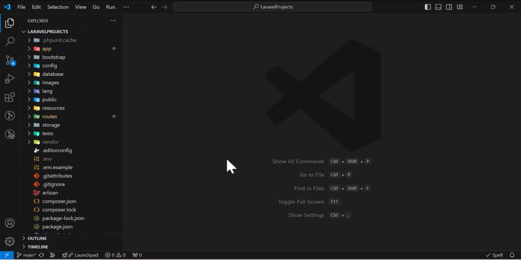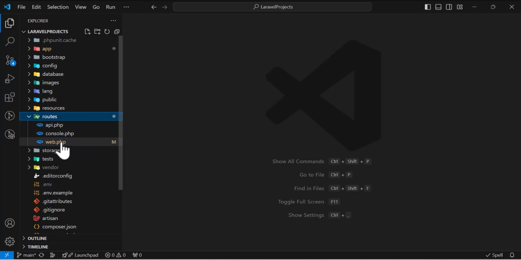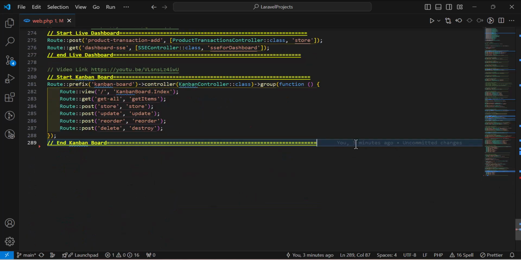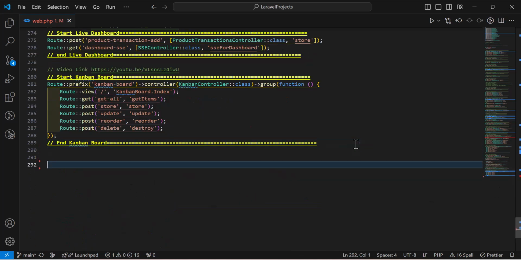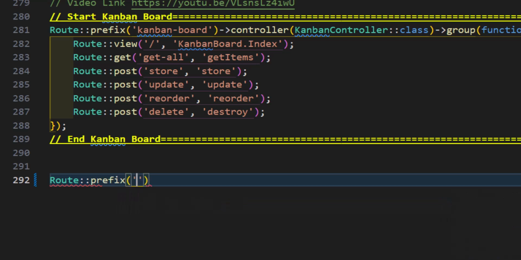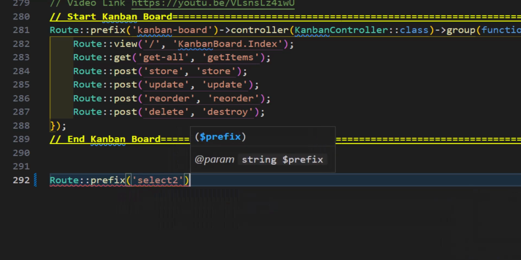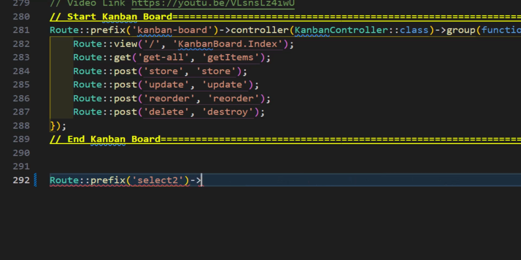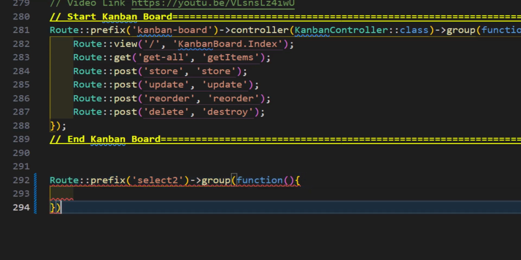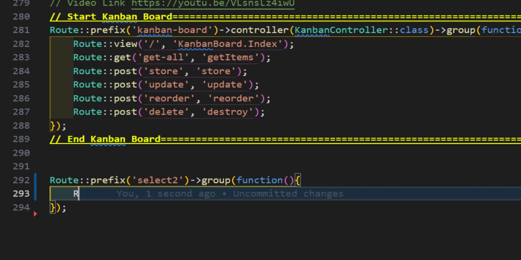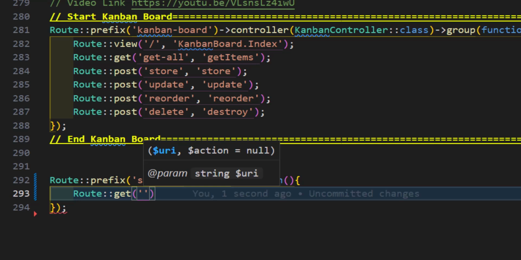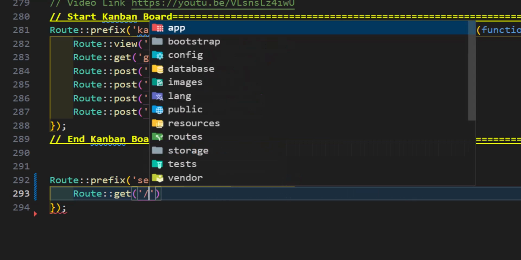So let's go to our VS Code, and first of all let's create our route by going to routes web.php, and in here let's scroll down. At the end of my routes I will create a new route for my Select2. Let's type route prefix, and let's give them a Select2 prefix. Then let's group them by typing group and create a callback function inside our group. Then after that let's create a route for our show our index file by typing route get in slash,